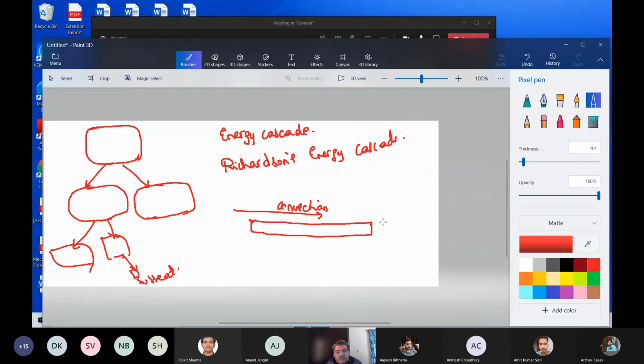This movement is known as convection, and the movement in the transverse direction is known as diffusion. So the diffusive length scale is much less than the convective length scale. The diffusive length scale is of the order of the boundary layer thickness, whereas the convective length scale is of the order of the size of the object itself. So this is one thing.